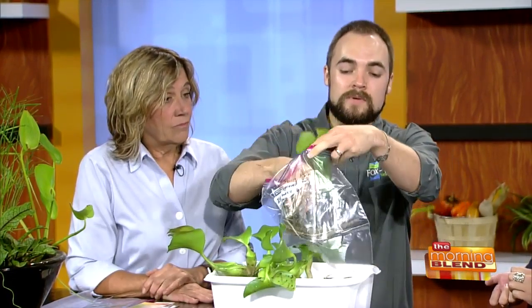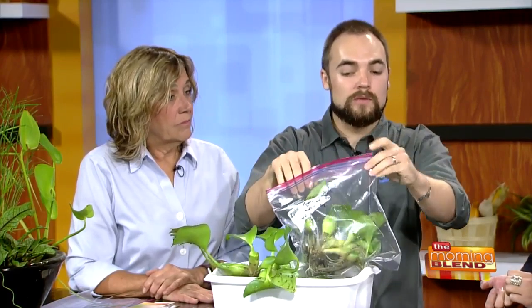So if you have any plants that you want to get rid of, get a plastic bag and just say invasive plants approved for disposal or landfill by Wisconsin DNR. You take the plants just like this, you put them right in the bag, and then you zip it up and throw it away. That makes sure they're not reproducing out in the wild and they're not going to get